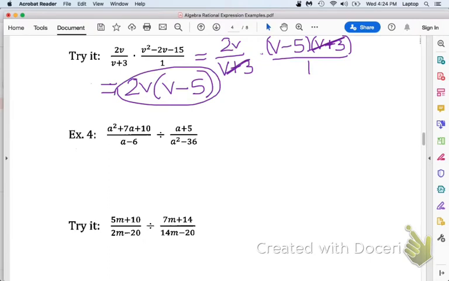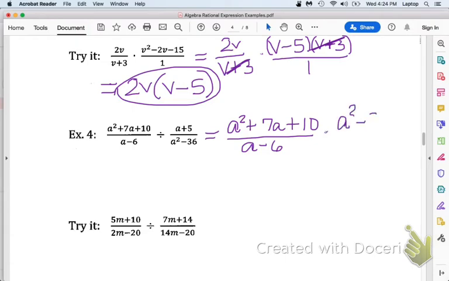In the next example, example 4, we are now switching to division. So notice the division sign. When we divide, the algorithm is for us to take the reciprocal of the divisor and multiply. So we need the whole keep, change, flip. The second expression is the divisor. So we would want to rewrite it first as a multiplication. So you have your a squared plus 7a plus 10 all over a minus 6, and then we're going to multiply by the reciprocal of